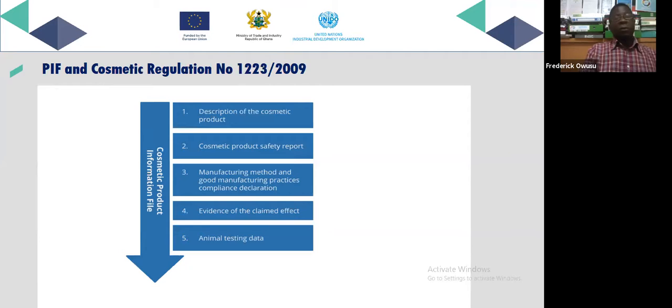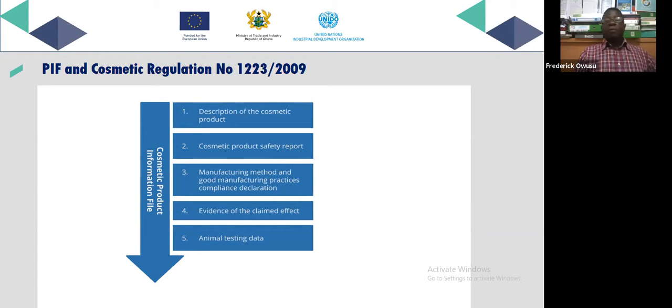Now, let's look at the parts. The cosmetic product information file. If we say we are having a cosmetic product information file, it should look like this. The first part should describe the cosmetic product. The first part of the file, the document,